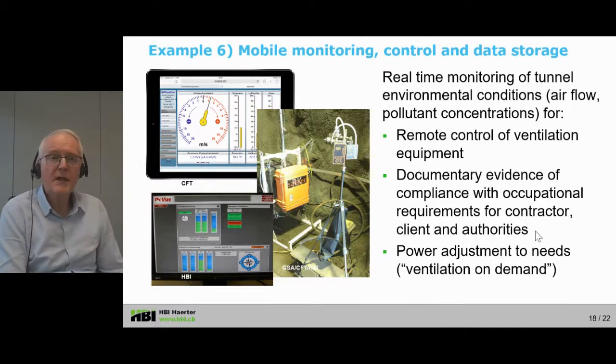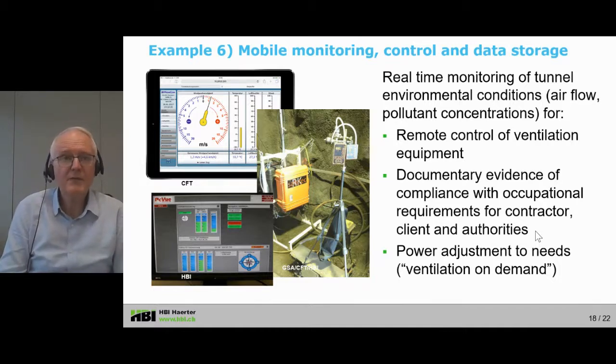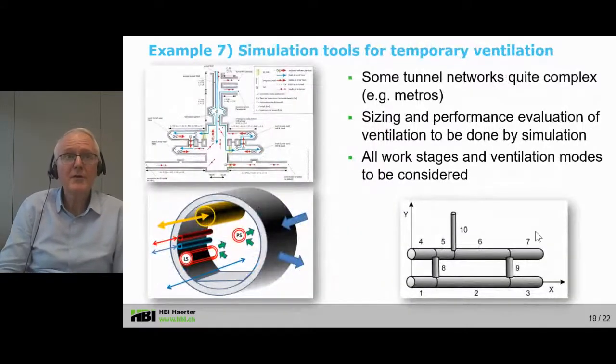It as well allows to provide adjustment of the ventilation power to the needs. So this can be named as ventilation on demand adjustment. Okay, this was my sixth example, and now I'm coming to the last one, and that's about simulation tools for